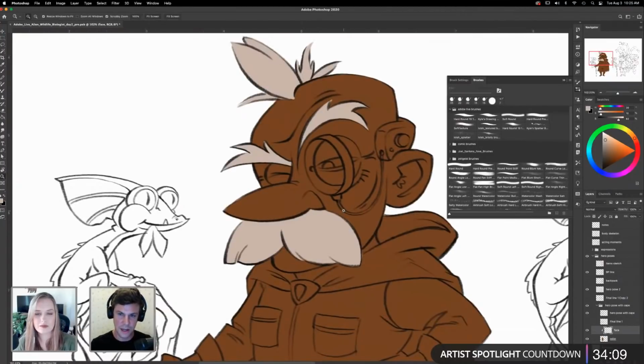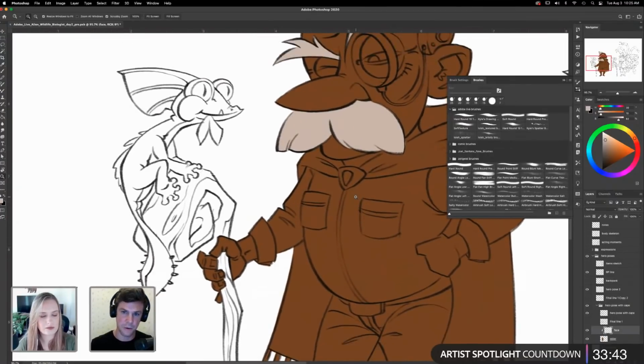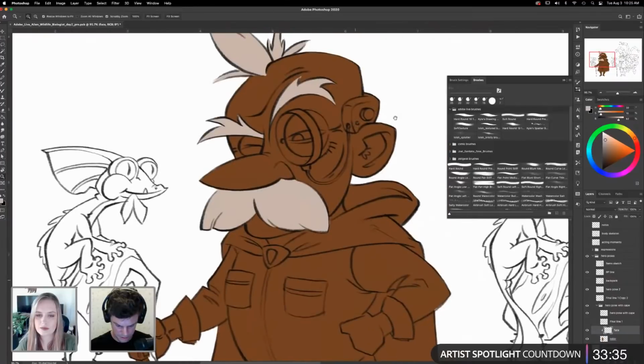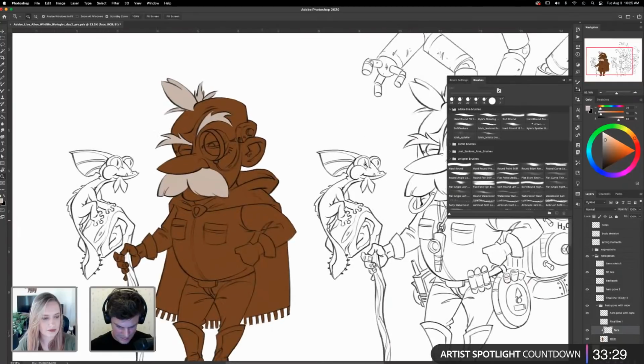Also with this, let's say I wanted to render this out, I would much rather create these solid shapes that are really opaque. So when I go to apply those textures, I can either make selections of these colors or go on top of them, and I've got a nice flat base that I'm working off of. Or if I want to cut it out and repaste it or use it as completely separate from the clipping mask. But yeah, I do kind of like the idea of him having really dark tanned skin.